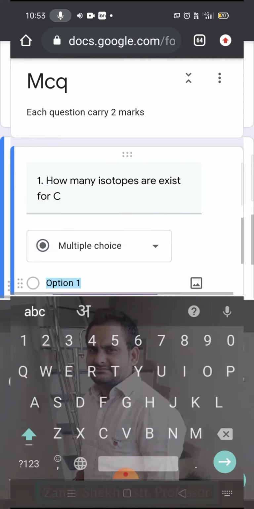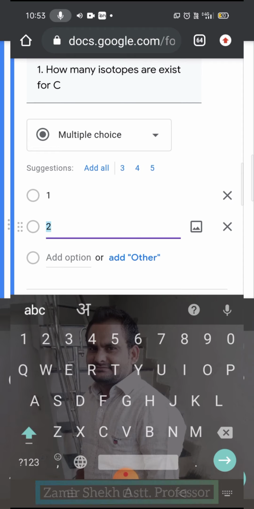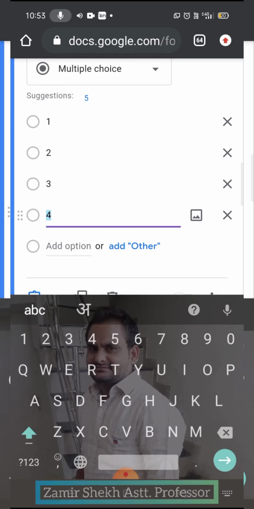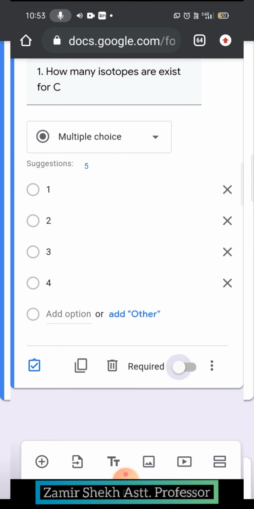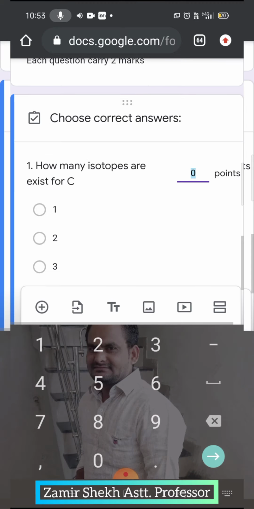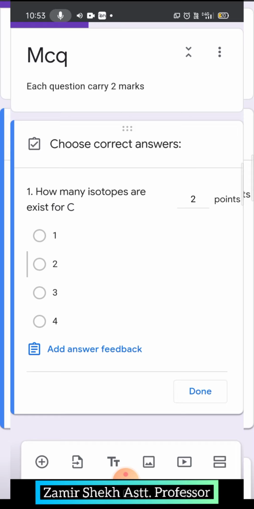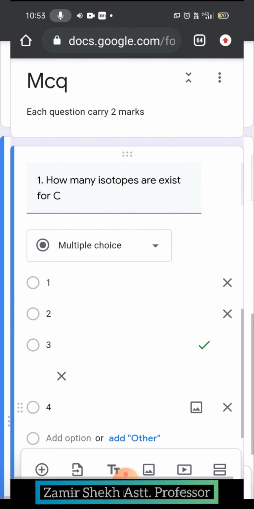If your question is a multiple choice question, then the options may be 1, 2, 3, 4, and so on. Now after making this question and its options, we have to click on the answer key. For the answer key you should give the points and also select the correct option. Click on the correct option and it is done. So this question is saved, and mark it required.